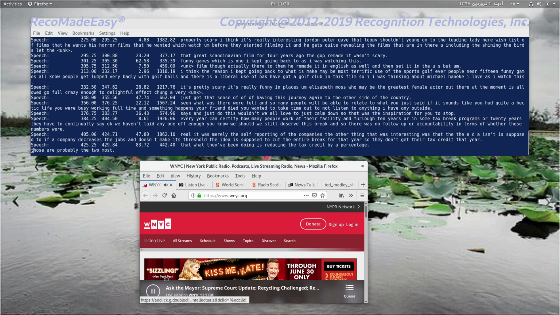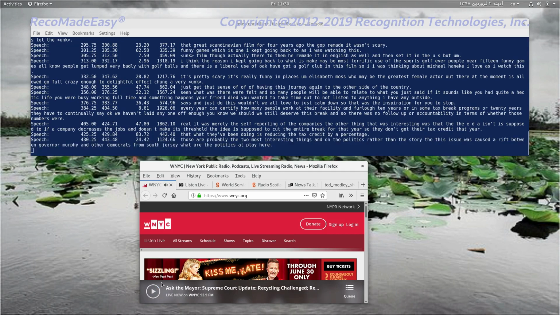And on the politics, you write in the story that this issue has caused a rift between Governor Murphy and other Democrats from South Jersey. What are the politics at play here? So the South Jersey Democrats